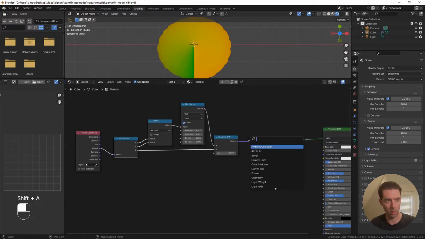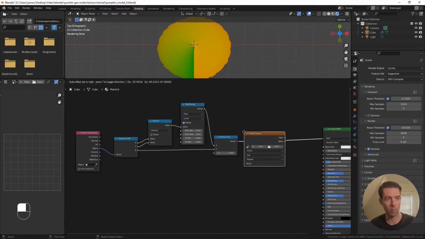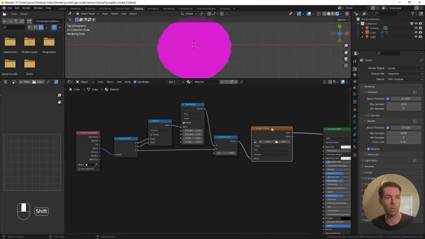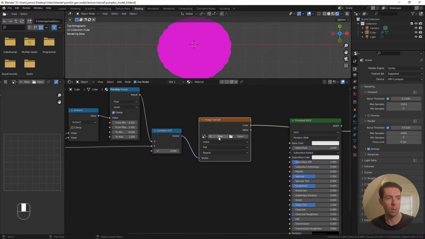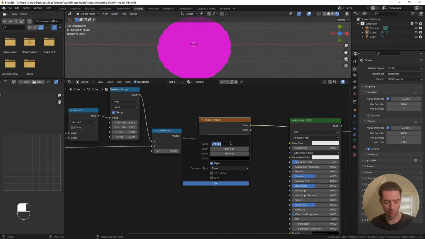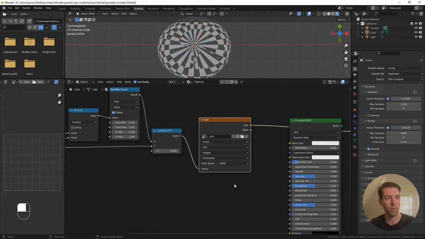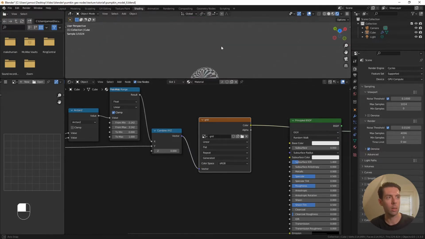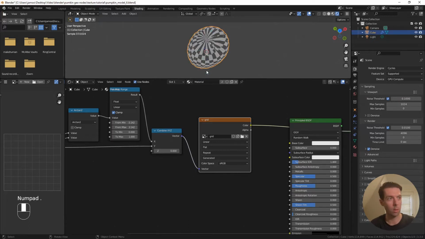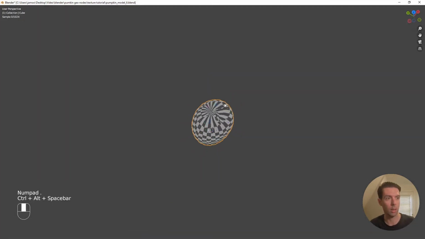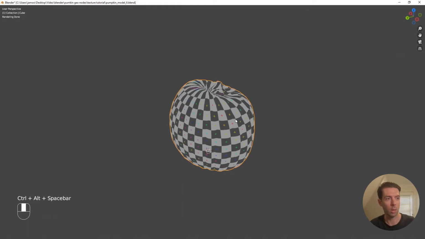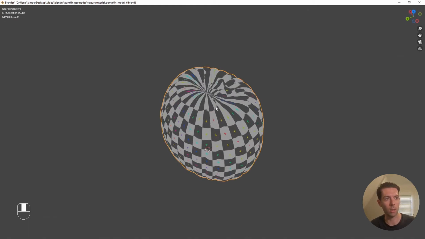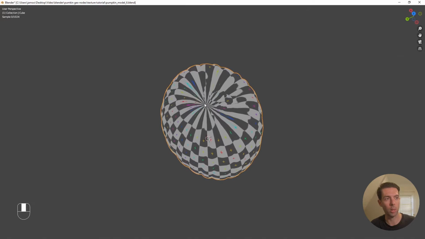And then to test this, let's bring in an image texture. We're just going to generate a new image for this. So let's click new, and I'm going to rename this to grid. For the generated type, we're going to use UV grid. I click OK, and you can see what we've got. Let's focus on that and take a look at what we've done. We have this grid here, and you can see it's converging to a point right up here,